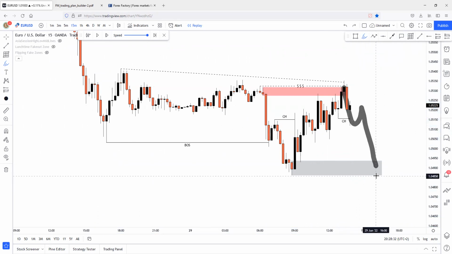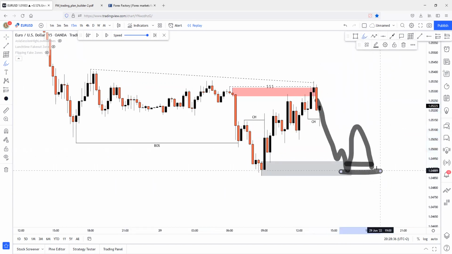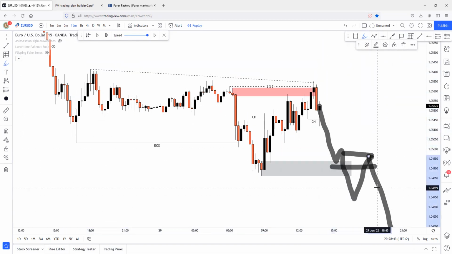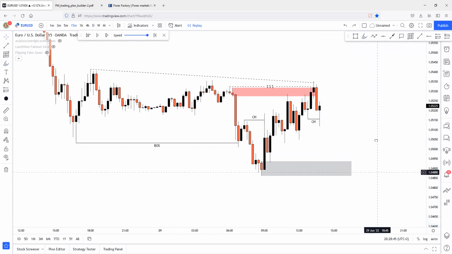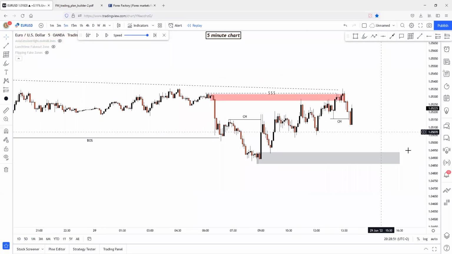After the demand mitigation happens here, we have two scenarios, as I said. The first scenario, if price reacts on it and changes character, we are targeting this liquidity. Second scenario, if price reacts on this demand and flips this demand, we'll be able to take shorts to the downside. Okay. So that's the 15-minute outlook. Let me just switch to the 5-minute chart